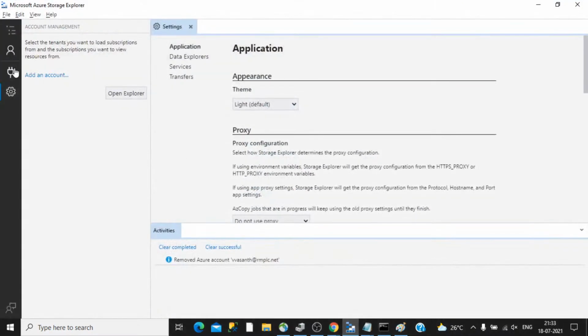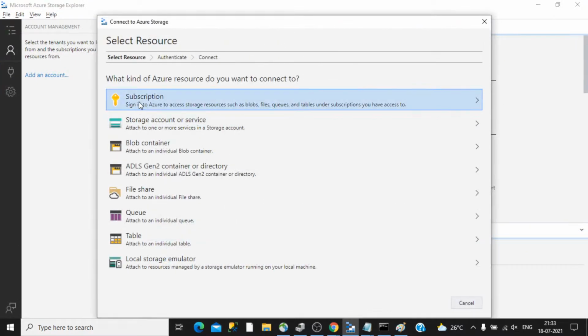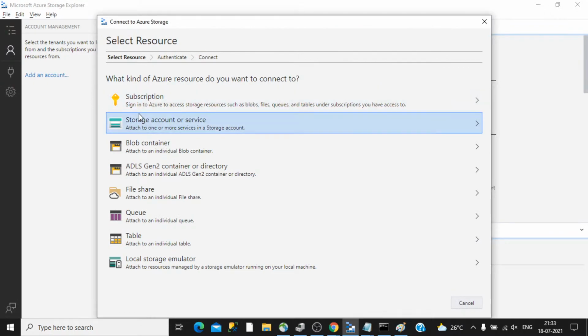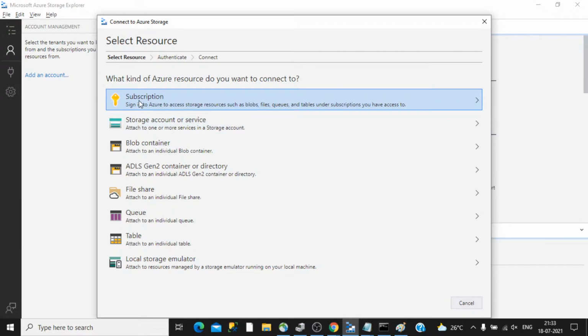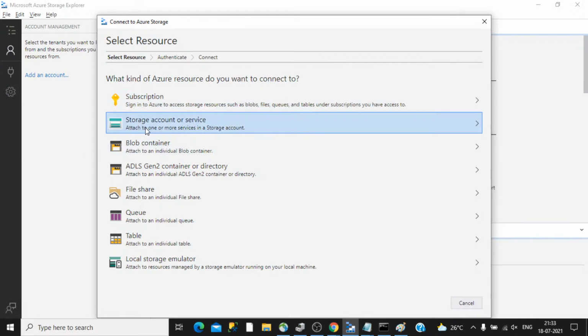Here you can connect to your Azure account in different ways. You can always connect your Azure subscription, and it will list all the resources related to storage here. You can also connect using a storage key and a secret. That is another way by which you can connect.